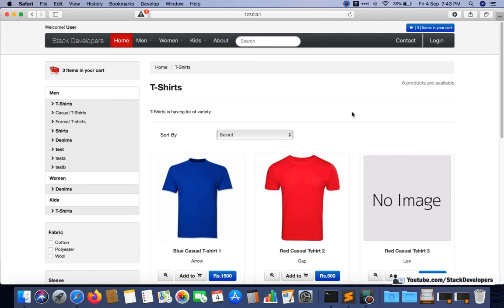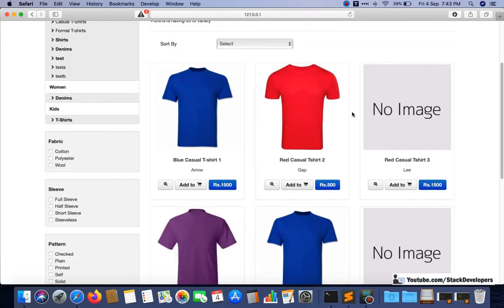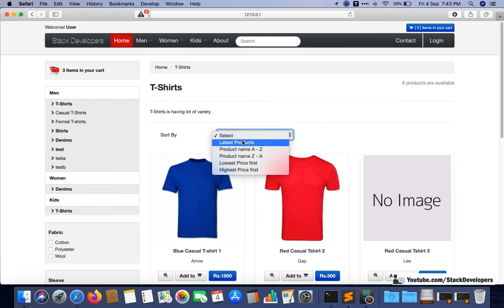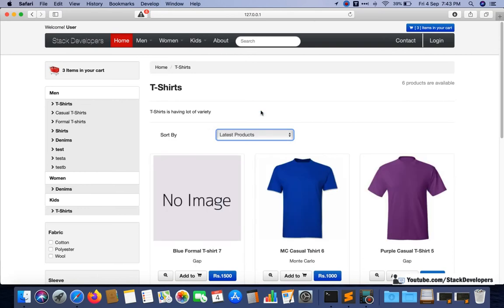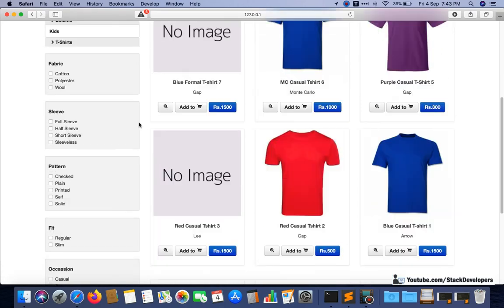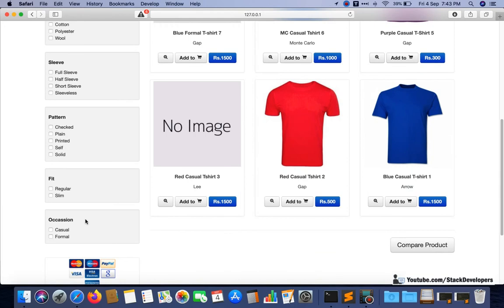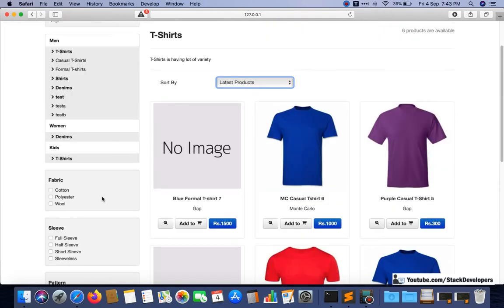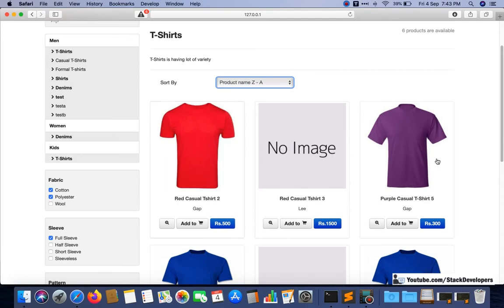So we will continue working on the Ajax filters once again. We will continue the listing page and display all the products with the help of Ajax. In the last few videos we have seen that we are able to show the products and sort the products with Ajax, and we have also displayed these filters on the left sidebar, like fabric, sleeve, pattern, fit and occasion. Now it is time to make them dynamic so that we can use them along with this sort option. When we use them like this, these products will update in Ajax, and the page will not refresh. See, all these filters we will do like this and it will update.